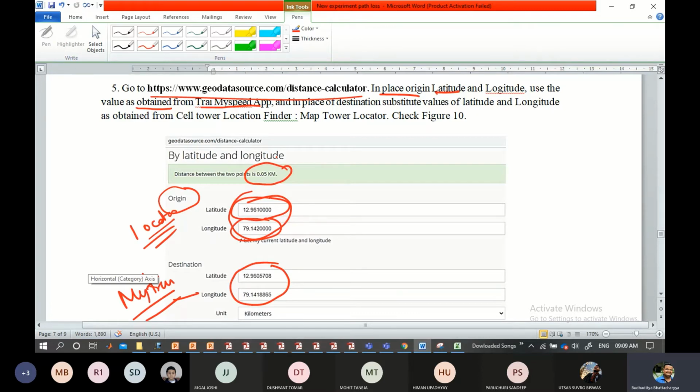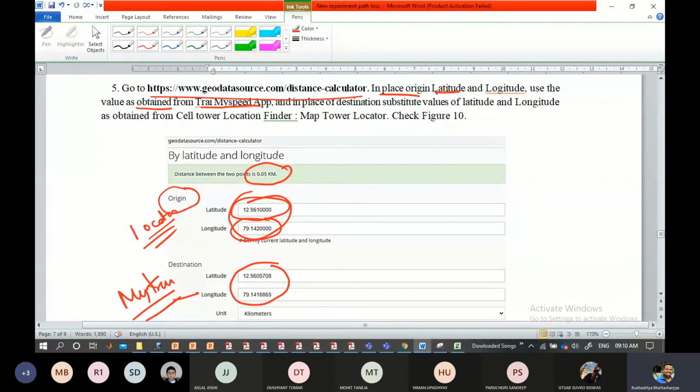Naturally, you can imagine that as you move from one point to another, your distance will also vary because your latitude and longitude will also change. That is why I am telling you to keep all the decimal figures intact for the latitude and longitude. Don't approximate it to 4 figures or something like that.